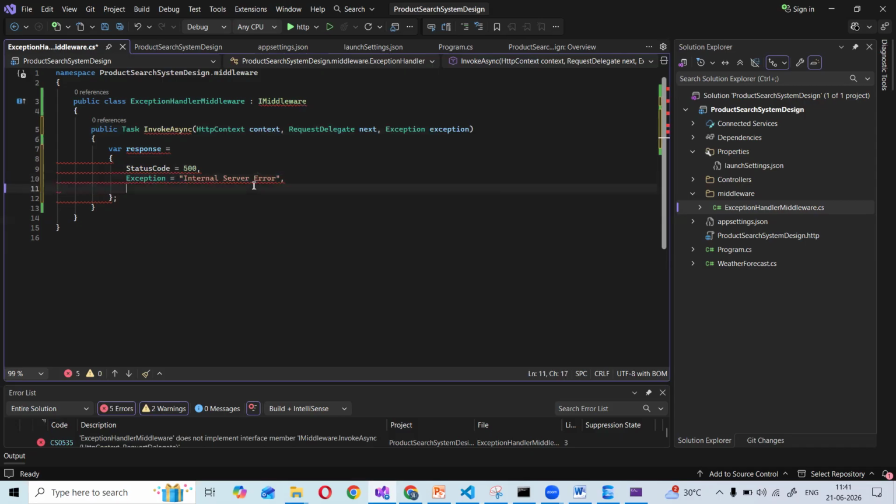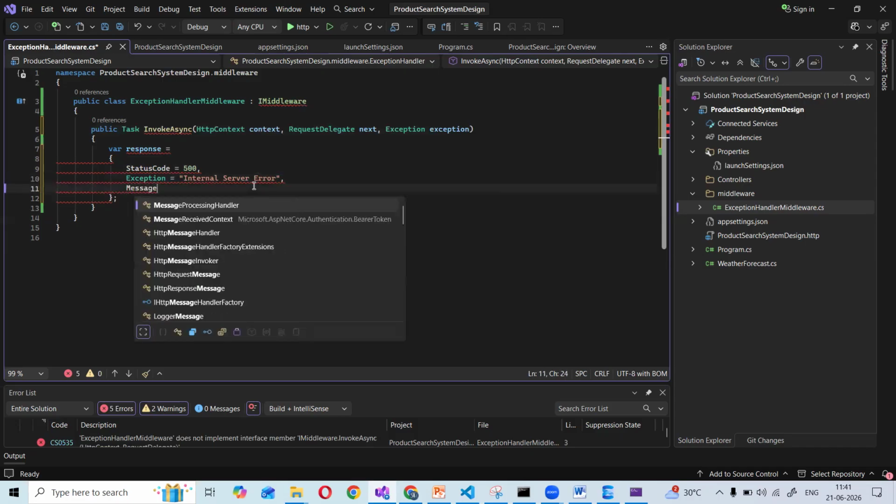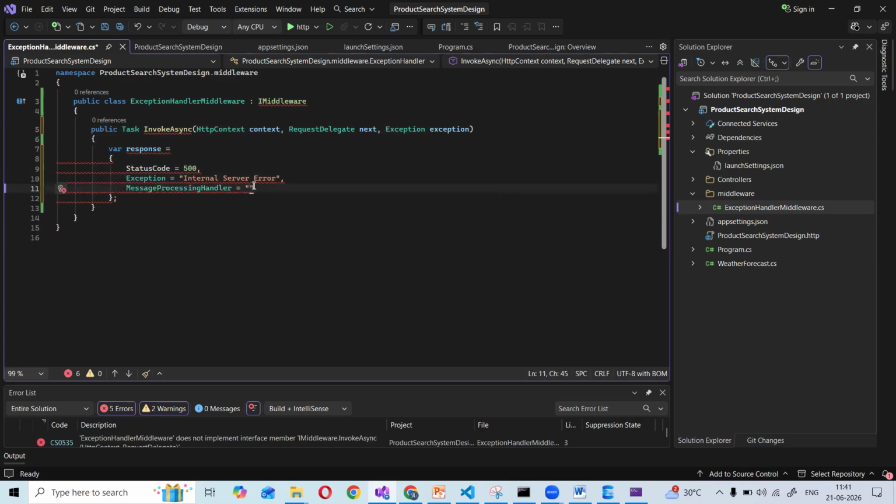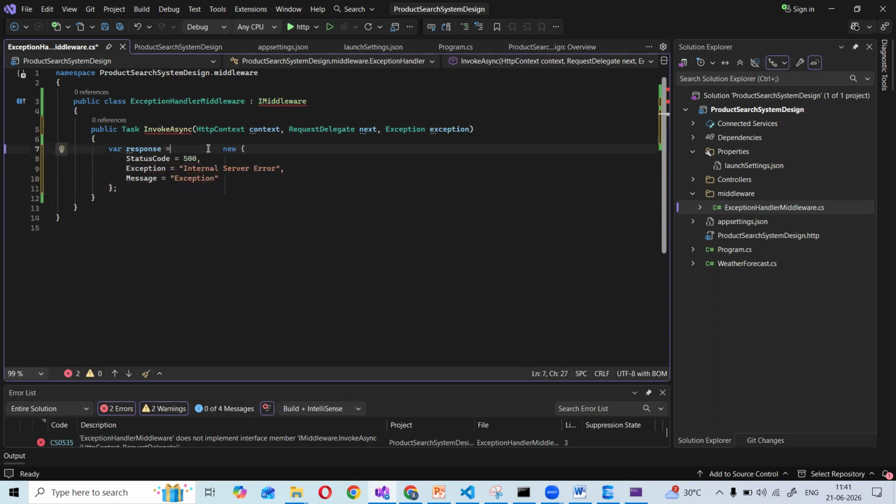Let me give some message. I'm creating an object, right? Let me decorate with new, then it will become an object. Based on your requirement, you can modify this 500, you can give exception.Message or whatever it is. So I'm simply creating an object, and this object I pass to the HttpContext.